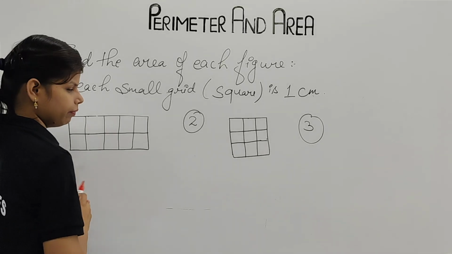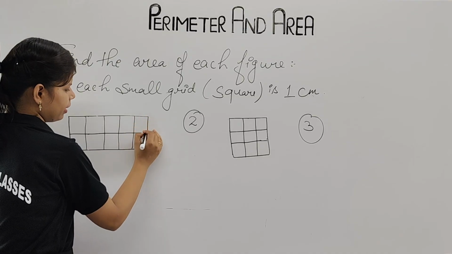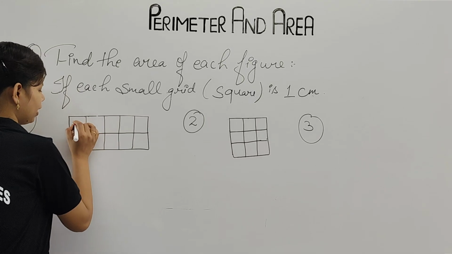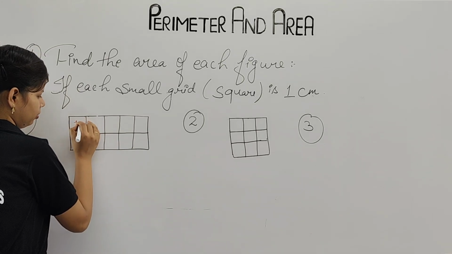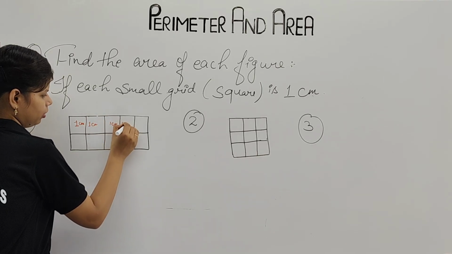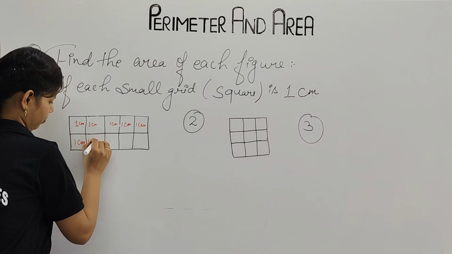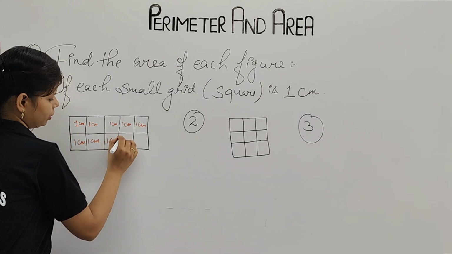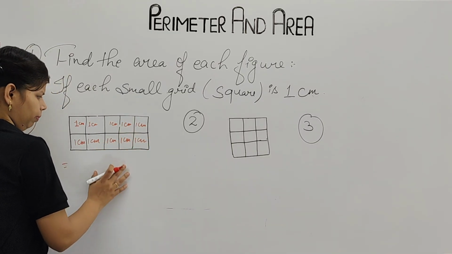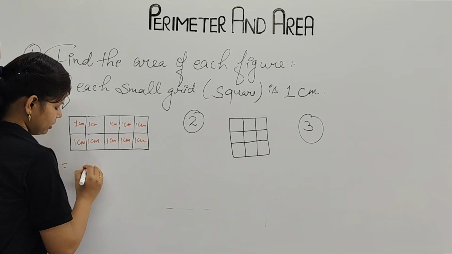Let's count with this one. A small grid is given. What is the shape of this grid? Basically we have a square shape. That will be 1 centimeter. Clear? This is 1 centimeter, this also 1 centimeter. All the given figures are 1 centimeter. Then, to find how many squares it contains, you have to add all the numbers. Combining together you will get 1, 2, 3, 4, 5, 6, 7, 8, 9, 10. So that is 10